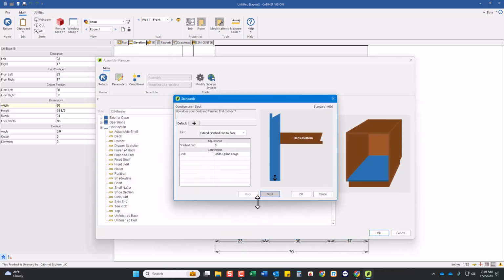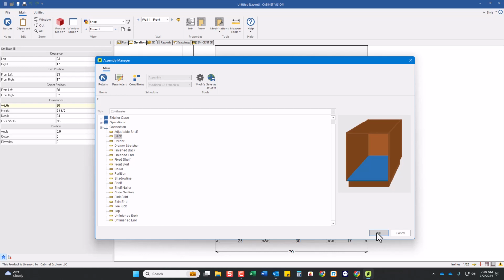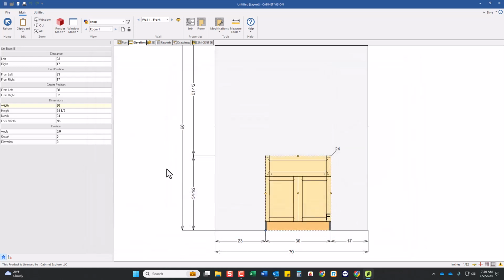and go to the unfinished end one, there's no way for me to pick multiple ones. So how do I do that if I want to put a pre-drill along with a qualified blind dado? And that's something called connection sets. So we need to actually close out and go back to the main screen. But before we do that,